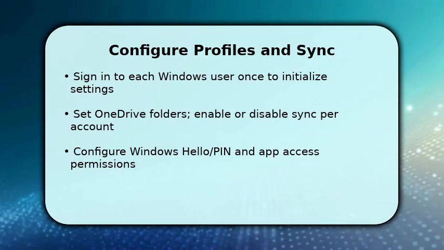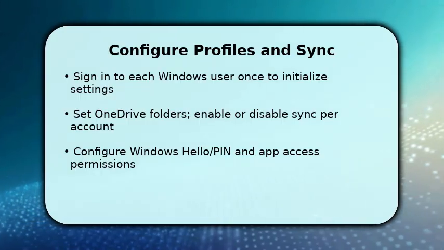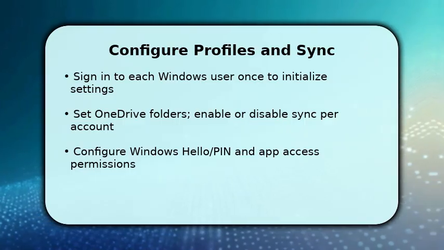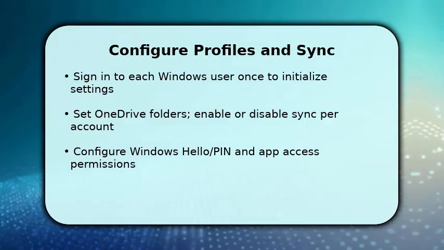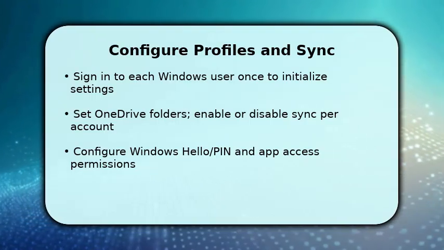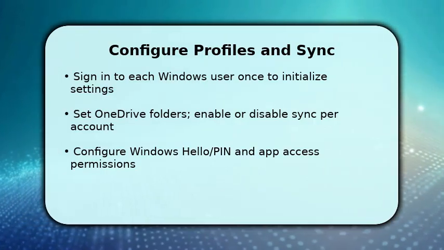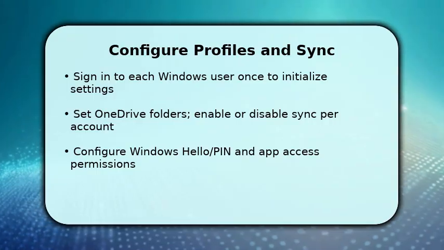Once you've created the second account, sign into each Windows user profile to initialize settings and allow OneDrive to finish first-time sync. Make sure to select or move the OneDrive folder you want for each account so files stay separate. Set up Windows Hello or a PIN for faster switching, and adjust app permissions in settings so apps use the